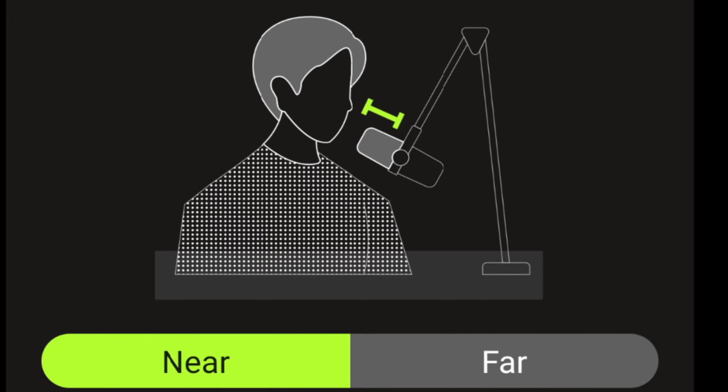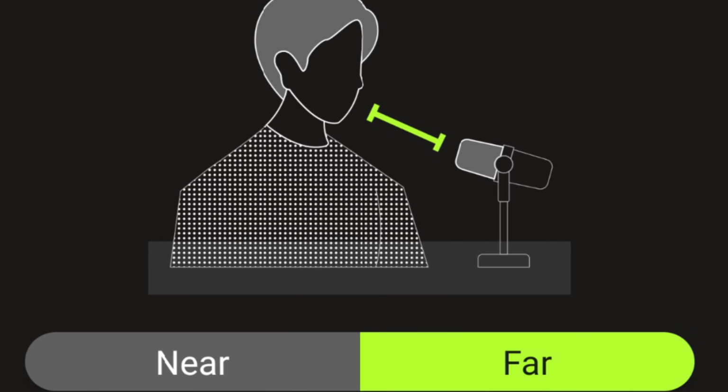This will prevent clippings whenever you come closer to the mic or you speak too loud while you are within 6 inches. If you position more than 6 inches up to 18 inches from the microphone, you should set the mic position to far. Here, the app adjusts and gives you more gain but at a lower noise compared to the manual mode. This allows you to be further away from the microphone with better performance and a much more